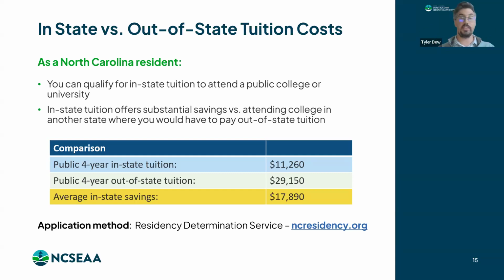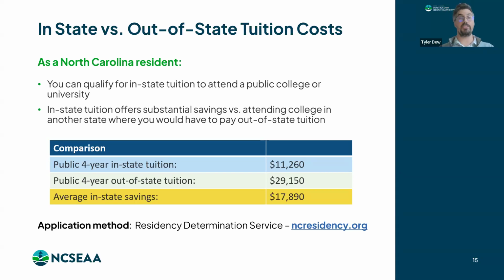Let's just say that the in-state tuition rate for this general college is $11,260 because you're a North Carolina resident. For an out-of-state student, it could be over $29,000. So the average in-state savings is somewhere around just under $18,000 just for being a North Carolina resident. So it is very, very important to submit the residency determination service so that you can qualify for this in-state